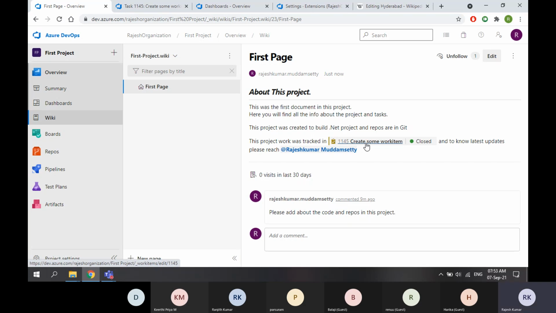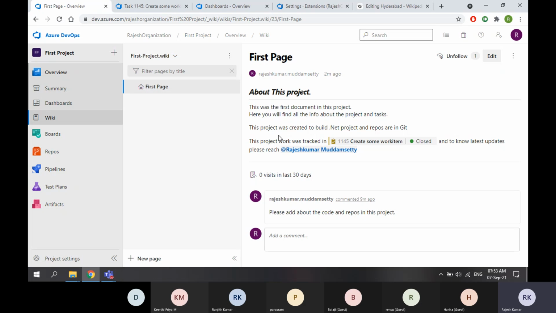So this way you can have multiple functionalities available in wiki pages. So that's the reason most of the organizations now are switching to wiki pages only. Earlier they used to maintain their documents in different places like Word documents and mails or drives or OneNotes. Now everyone is switching back to wikis only. And this is majorly written in Markdown syntax.